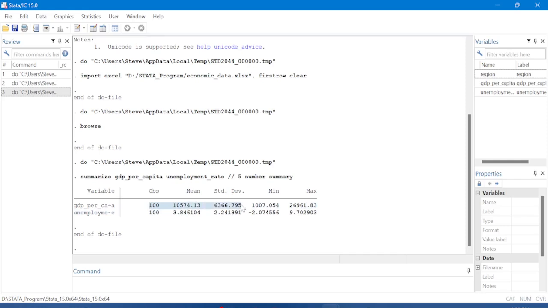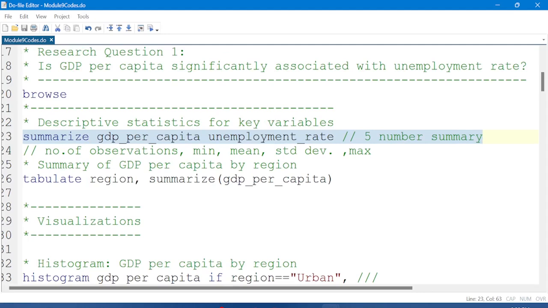100 observations, and we have average GDP per capita 10,574.13, and unemployment is 3.84, and you have their respective standard deviation, minimum value and maximum value. And first of all, let us remind ourselves that this command simply gave us the number of observations, minimum value, average, standard deviation, and the maximum value of each of the variables that were used in this